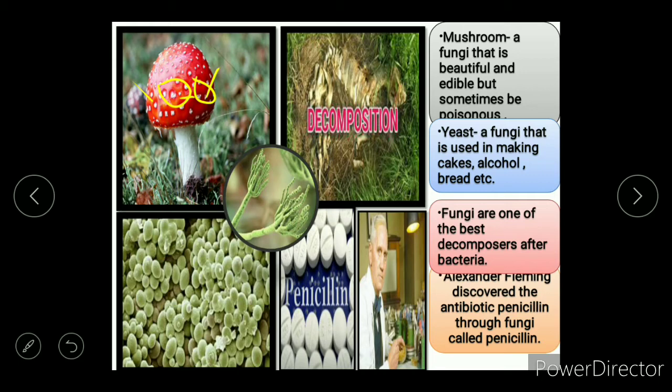So let us move to our next topic, yeast. Now this is a very important topic. In this we are going to study how yeast is useful in making cakes, breads and many more items including alcohol. Yeast is basically a single-celled fungus. Yeast does fermentation, which means it breaks sugar into alcohol, and when yeast gets warmed, it makes many copies of itself, and during its reproduction it releases carbon dioxide.